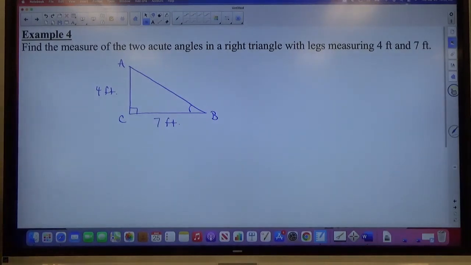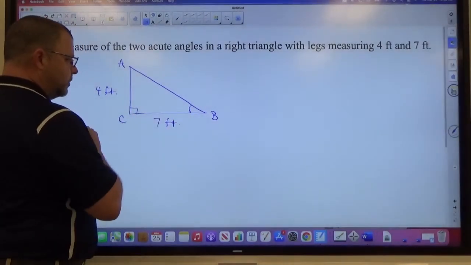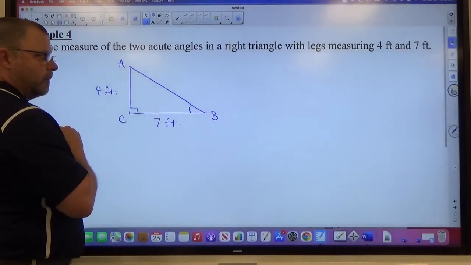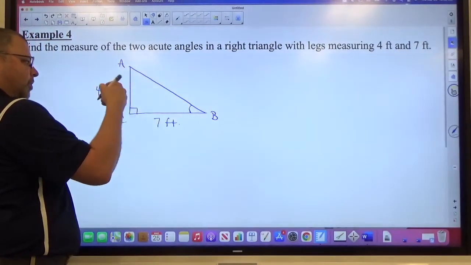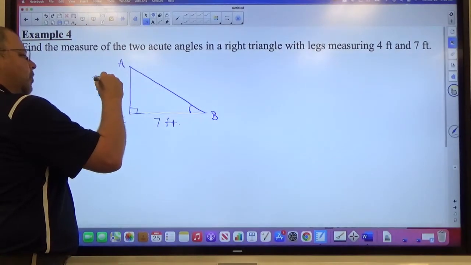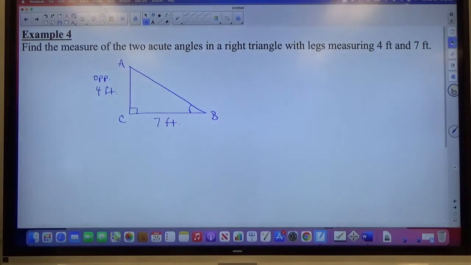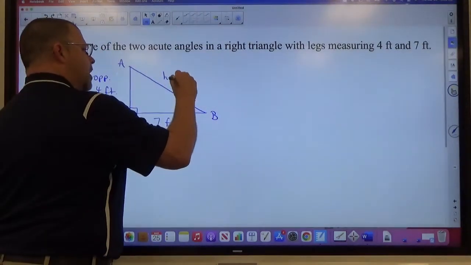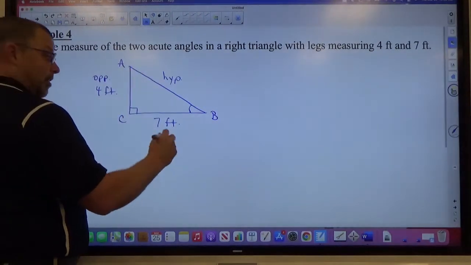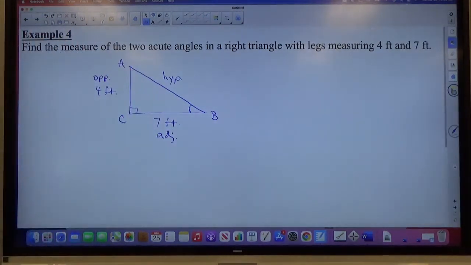All right. So B is here. Which side's opposite of B? This one here is opposite, right? So if I'm at B, I go across the triangle. The opposite side is 4. Which side in the triangle ABC is the hypotenuse? AB. AB is the hypotenuse, right? And then once we know those two, the adjacent must be the other side, right? Just like that, opposite, adjacent, hypotenuse has been identified.